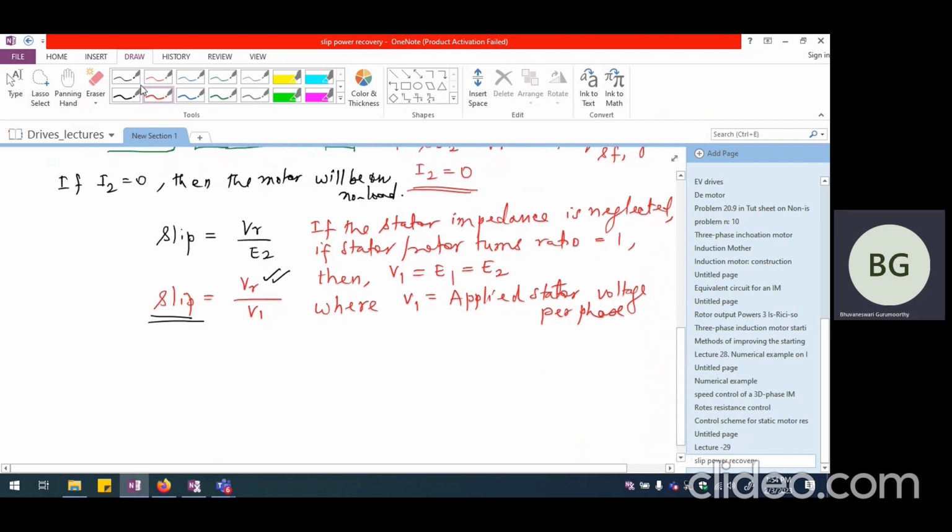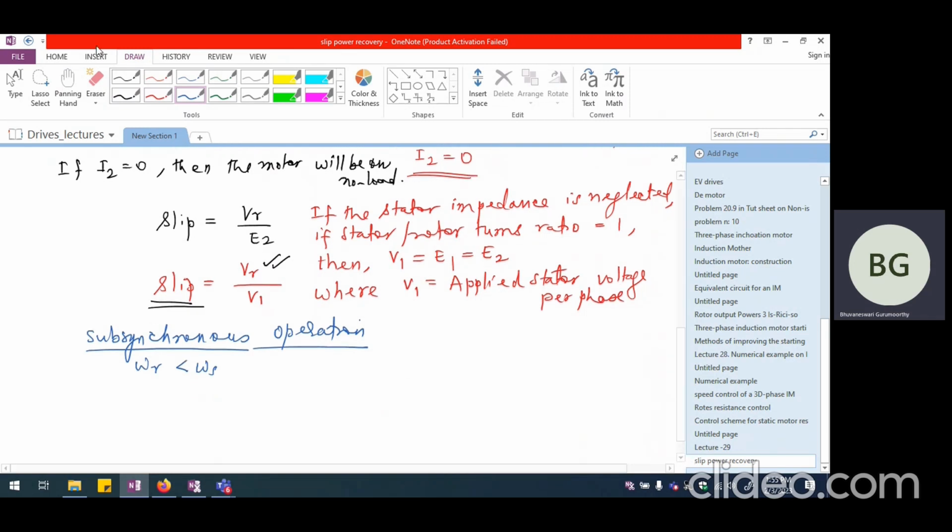So let us try to look at 4 different situations. We are going to look at, first of all, sub-synchronous operation. What we mean by sub-synchronous operation is omega r is going to be less than omega s. That is, the speed of the rotor is going to be smaller than the synchronous speed of the revolving magnetic field created by the applied voltage from the stator side. Okay. So when we look at the sub-synchronous operation,